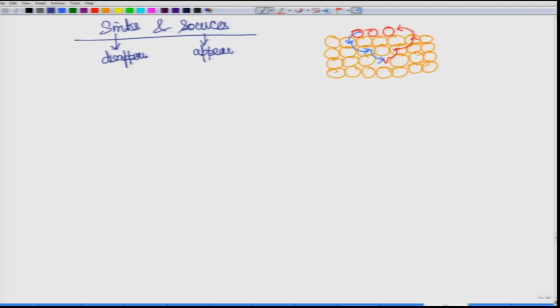Or the other way round, this particular atom can move over here, and this vacancy can move over here, then it can move to here, then this can move to here. So, in the first case the surface acted like a sink, in the second case it acted like a source, and this is actually the case for most of these structural units, the sources and sinks. Most of them act both as a source and also as a sink. So, this is a surface. Surface is one example, a free surface.